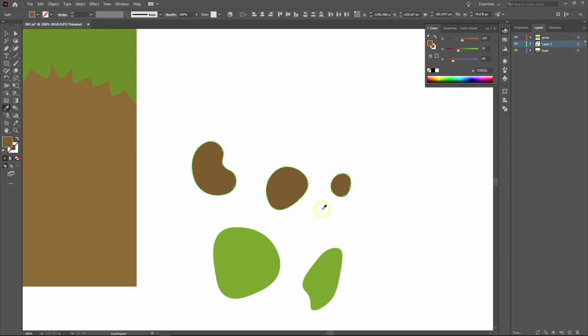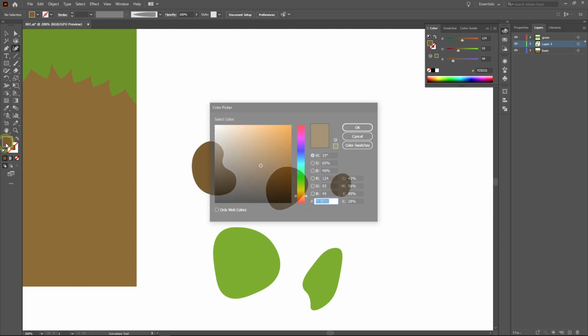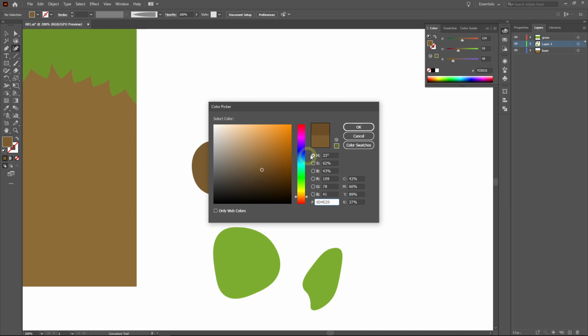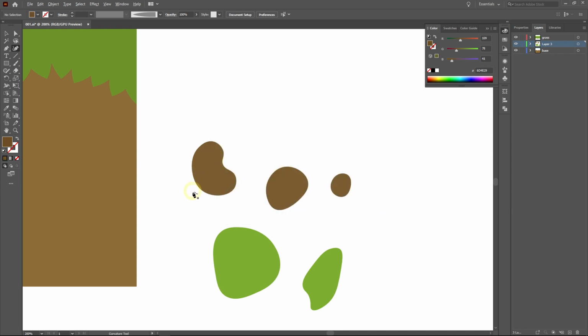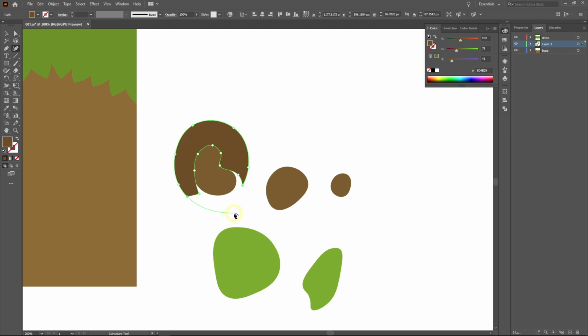For this, we can use the Curvature tool again by pressing the shortcut Shift-tilde. Hold Ctrl and click on an empty area to remove the selection. Choose a color that is slightly darker than before. Then hold Alt and click here to create a sharp point. Then add more points as needed to form the shadow area. Hold Alt and click again here to create another sharp point, and just continue to close the shape. Control and click to end it. Use the same method for the other hole objects.